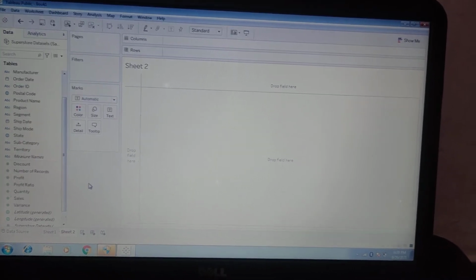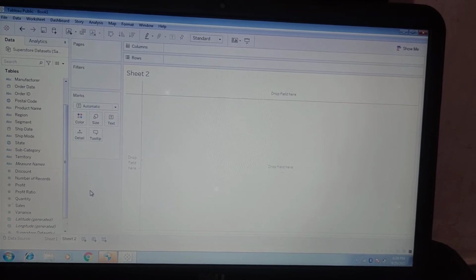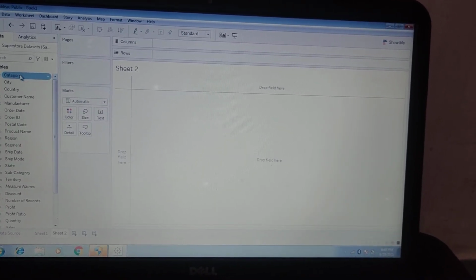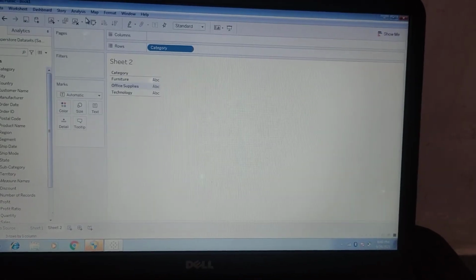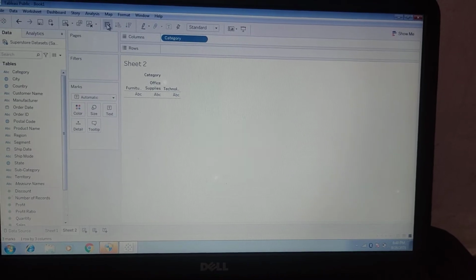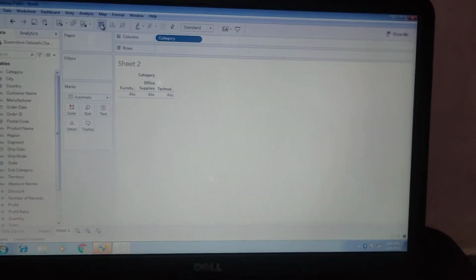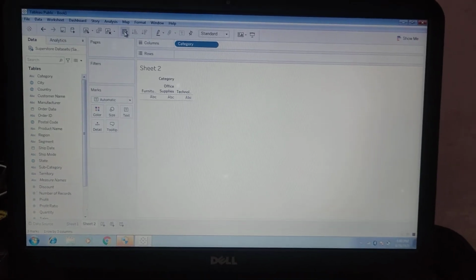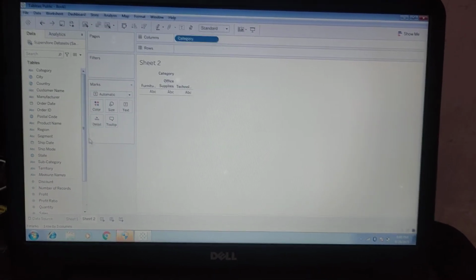Drag category into columns, you can just double click or drag it into the columns, right? Now we can see our category in the columns, and we drag sales and profit into the rows shelf.